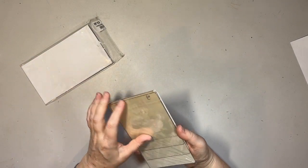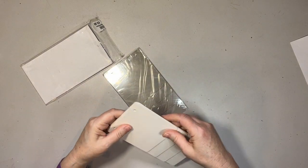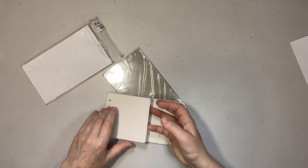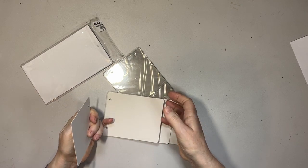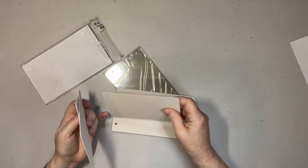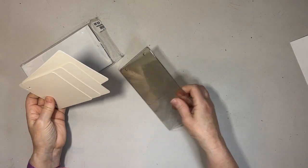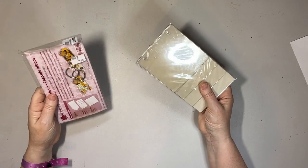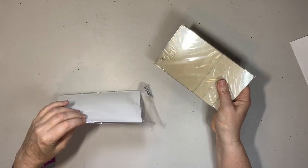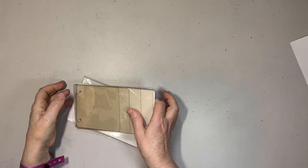Oh, it's acetate. So I've got these. Oh, these are just singular boards. Thought they were paper. So 4 boards there, and then the acetate to go with them. All right, I'm sure I'll do something with that. And then I've got rings to go with it. So yeah, watch this space. It's not going back in that